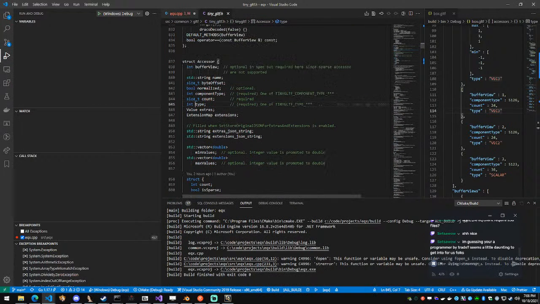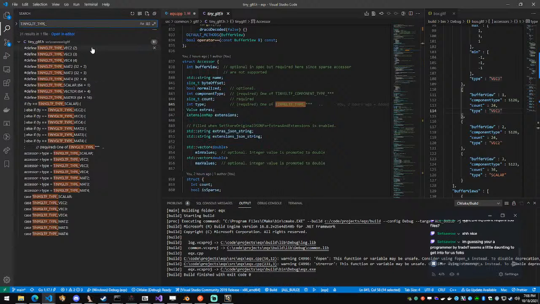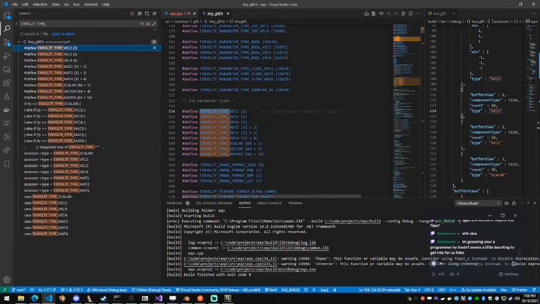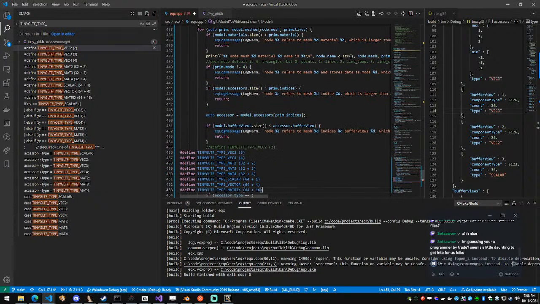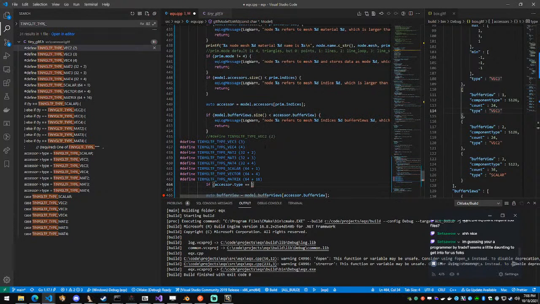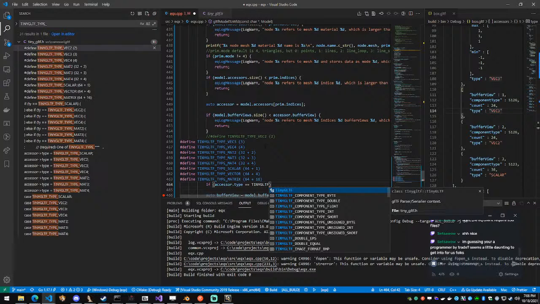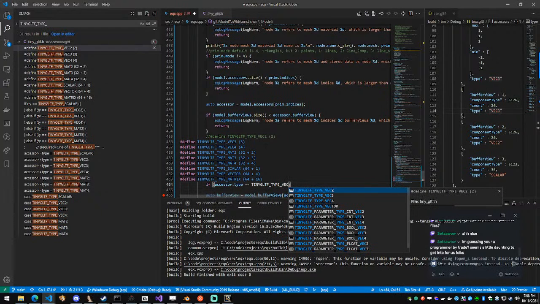Oh. So what we can do is find, there we go. This is what I want. So if accessor type does not equal tinygltf type vec3